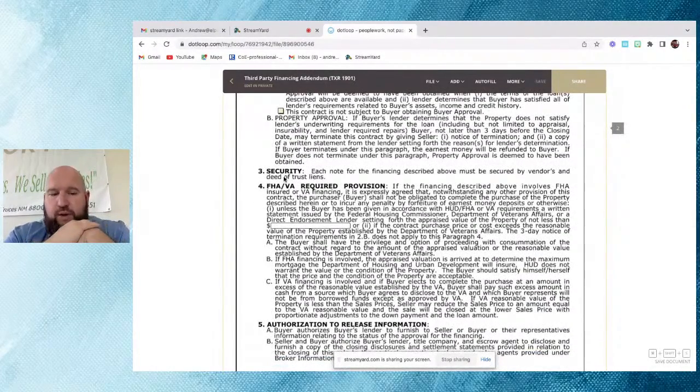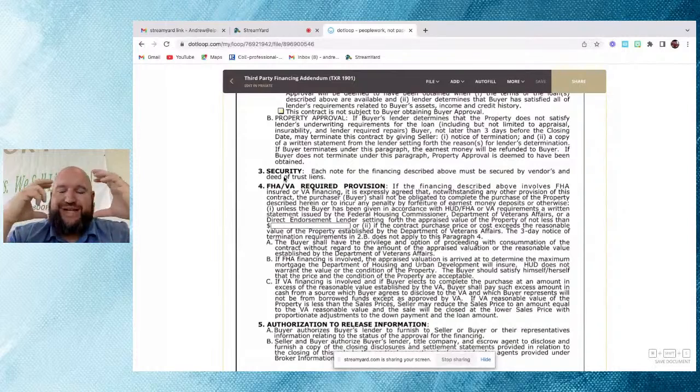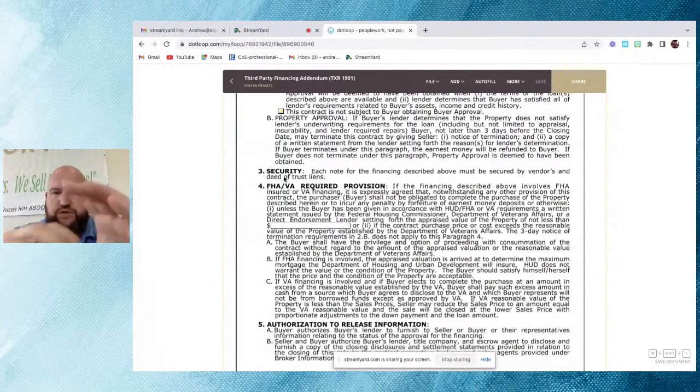Now, paragraph 4 is FHA and VA required provision. So it does not apply if it's a conventional loan. And this was a huge misconception for a lot of people for a long time, and why they created the addendum for appraisal. If the financing described above involves FHA insured or VA financing, it is expressly agreed that, notwithstanding